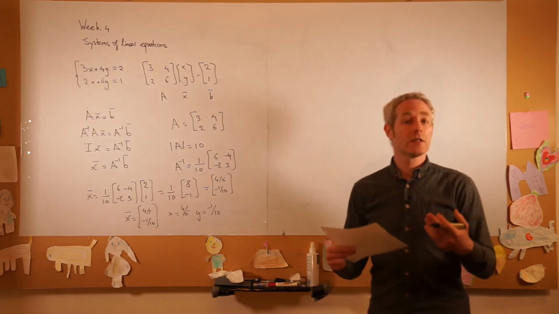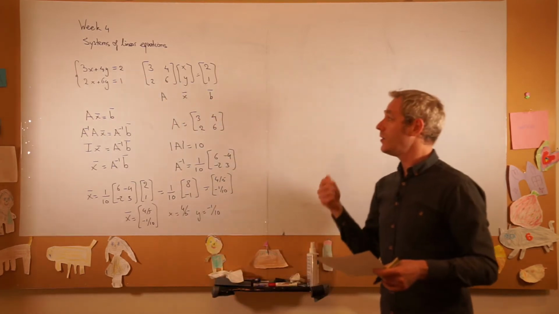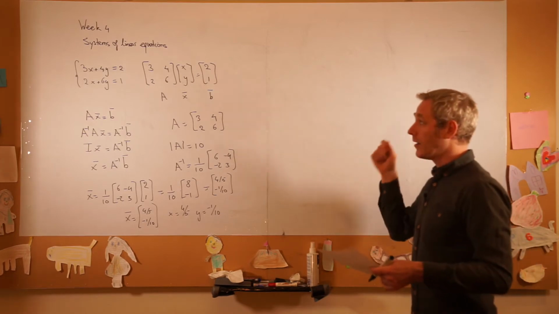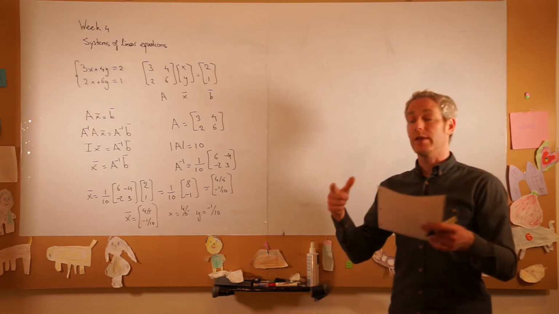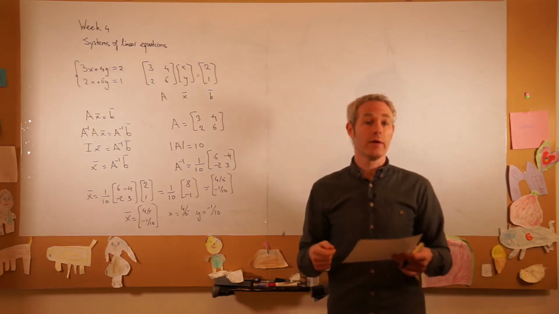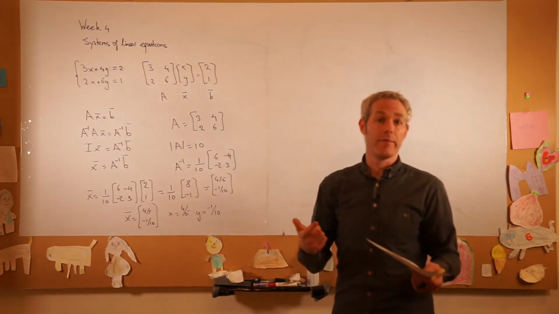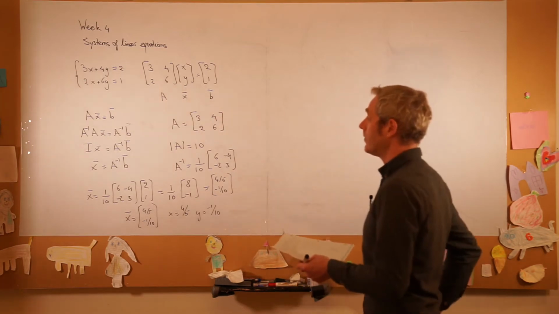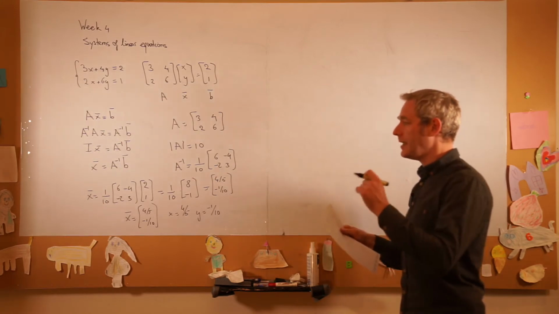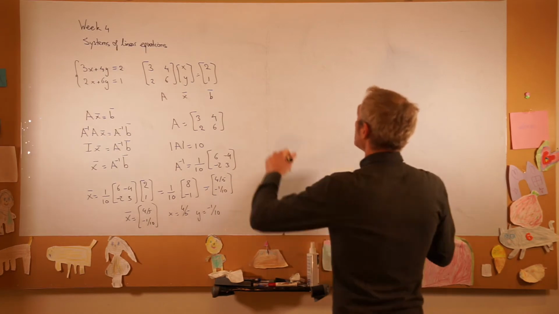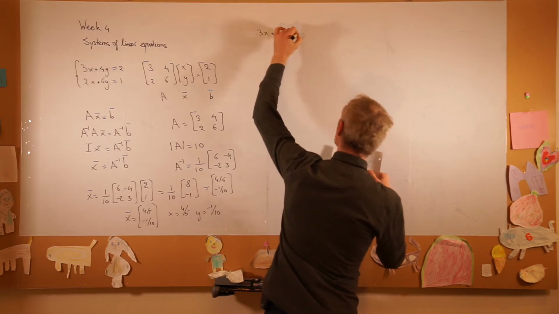All right, so this isn't limited to two equations with two variables. You can also do this with three equations and three variables, and even with n equations with n variables. It does not work with something that doesn't yield a square matrix, because a matrix has to be square for it to have an inverse, and of course the determinant cannot be equal to 0. So an example of 3 by 3: 3x plus y is equal to 2,